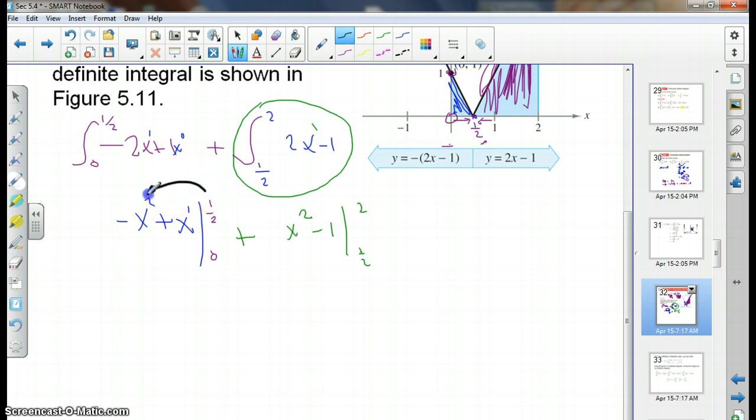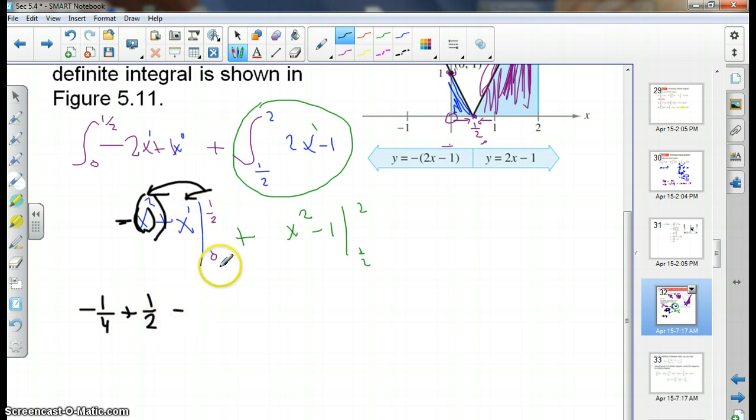If I were to throw in the b's first, I would get negative, this is on the outside. I'm not squaring the negative, I'm only squaring x. This is the opposite of this whole x term being squared. So the only thing that's being squared is 1/2. 1/2 times 1/2 is 1/4. So it's negative 1/4 plus 1/2